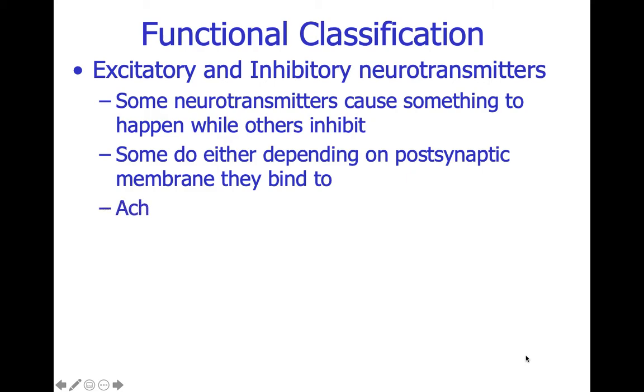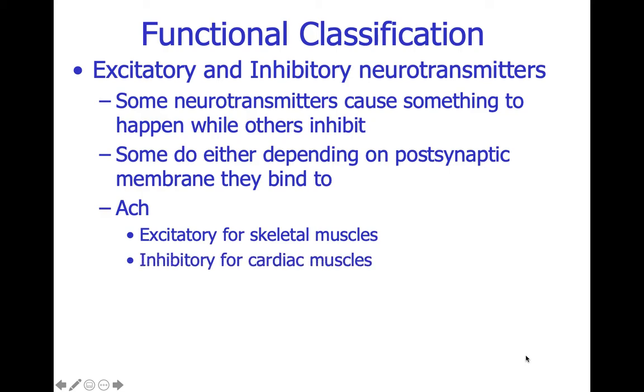For example, ACH, hopefully you remember ACH is our good old friend acetylcholine. Well, when acetylcholine is applied to, reaches the receptor molecules of skeletal muscle, it's excitatory. It causes a contraction to happen. When we apply acetylcholine to cardiac muscle, it is inhibitory. Now you got to think about this for a second. We're not saying that it doesn't allow cardiac muscle to contract because then you'd be dead, but it might slow it. Okay? It's going to cause those contractions not to happen quite as quickly as they may.